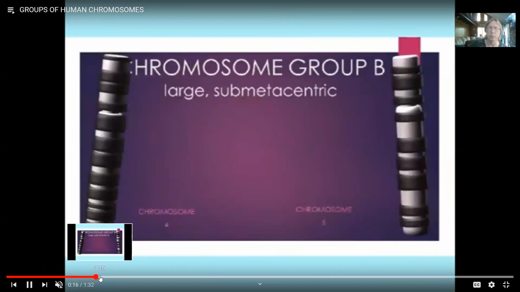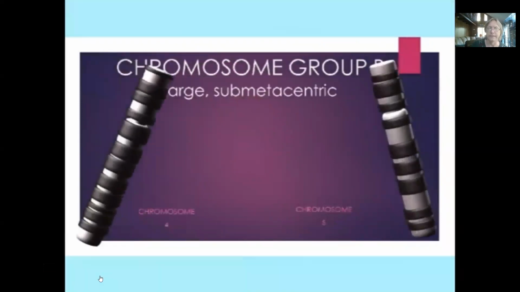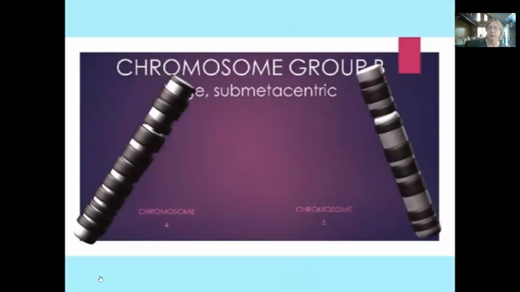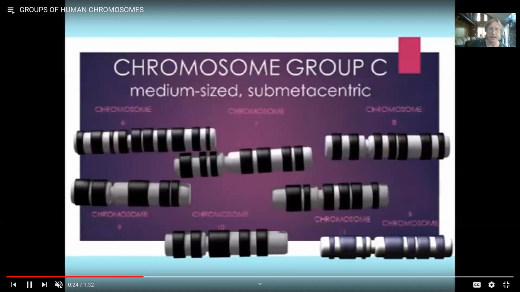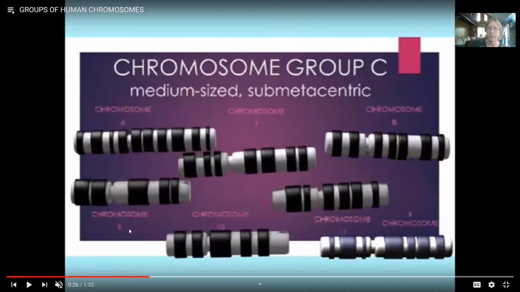The group B chromosomes, chromosome 4 and 5, are also large. They're sub-metacentric, so notice that the centromere is not in the middle of the cell. There are a number of chromosomes in group C, and this would include the X chromosome. These are medium-sized sub-metacentric